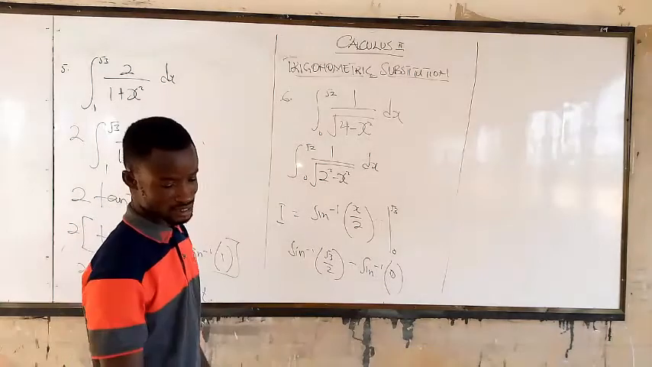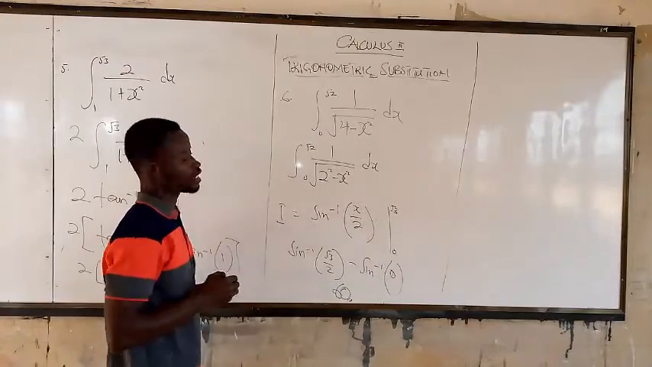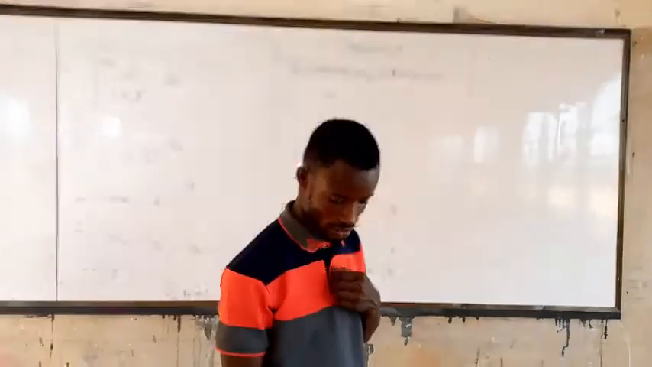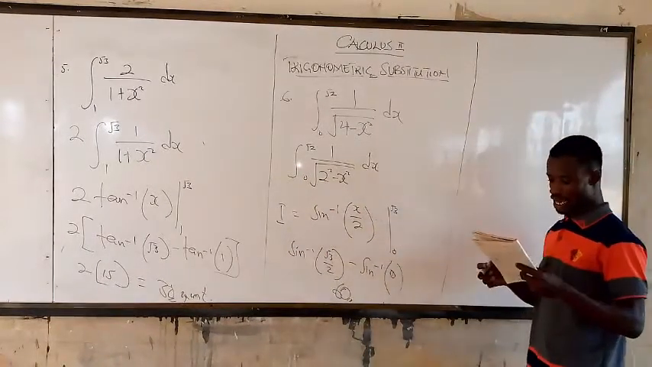So we get 60, 60, 60. And that is that for that. Alright? Good. And now with this